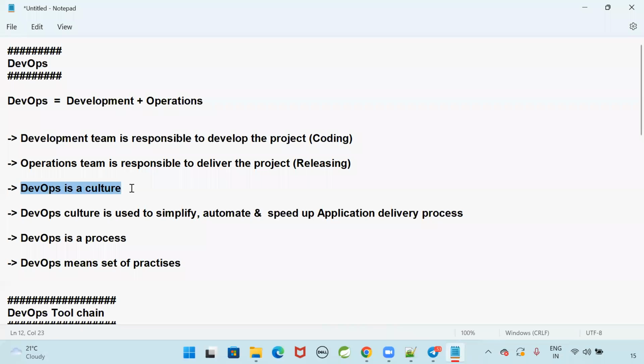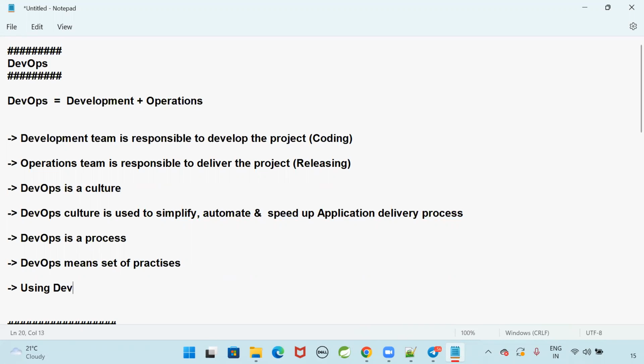DevOps is a culture which is used to simplify, automate, and speed up the application delivery process. People will call DevOps a culture, or a process. DevOps means a set of best practices that we are going to follow in the company. Using DevOps, we can establish collaboration between development and operations teams.